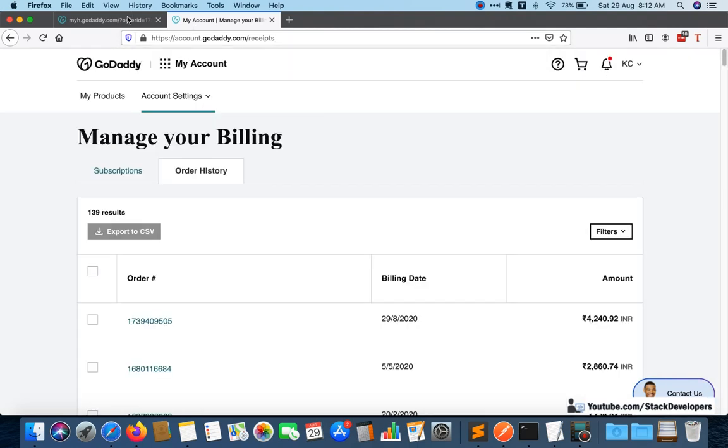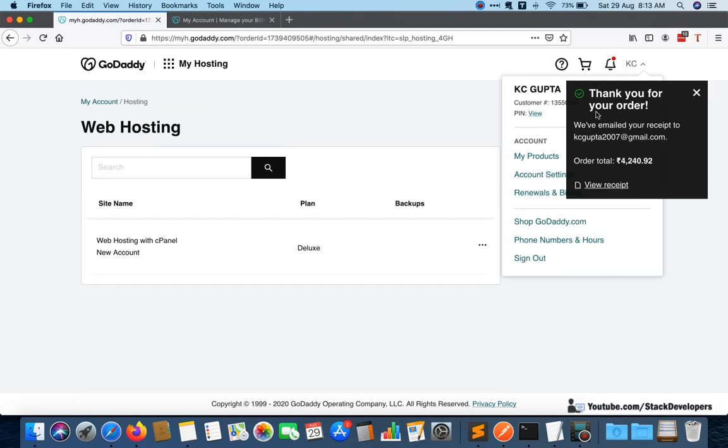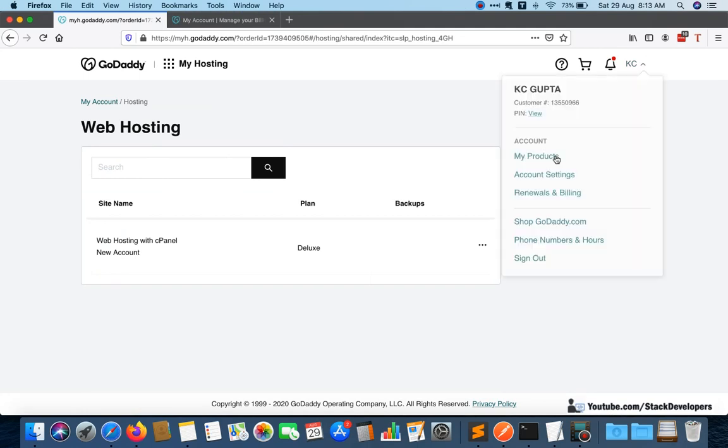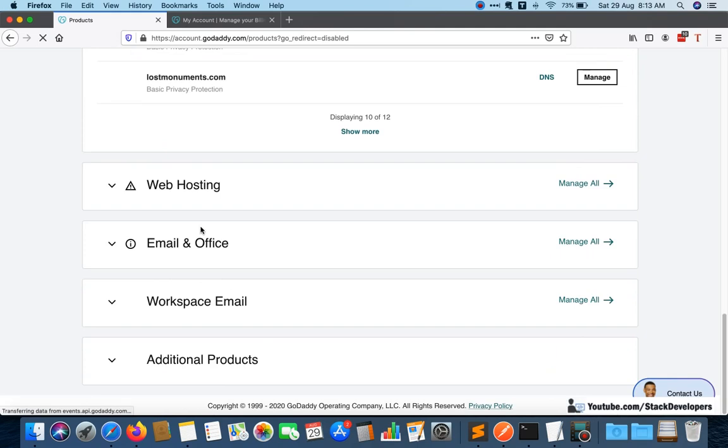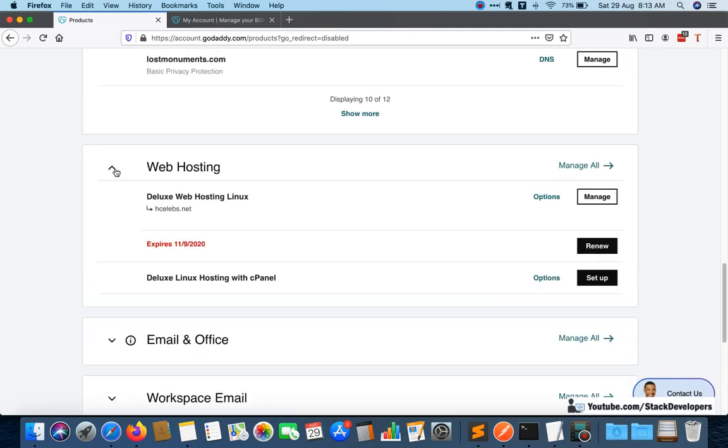And now you can also check by going in your, you can close this one, and you can go in your my products, and you can see there as well. And you can see here web hosting, and you have the new plan now, deluxe Linux hosting with cPanel. Okay, so setup is coming up here.